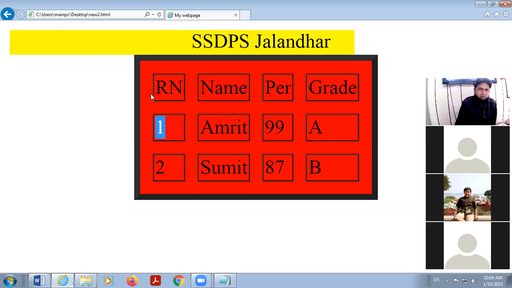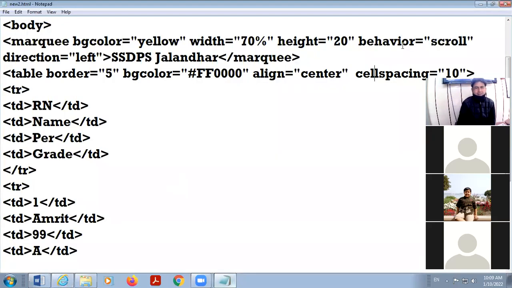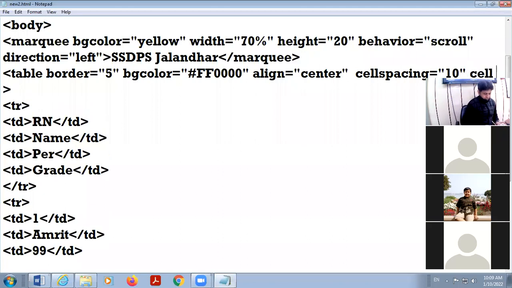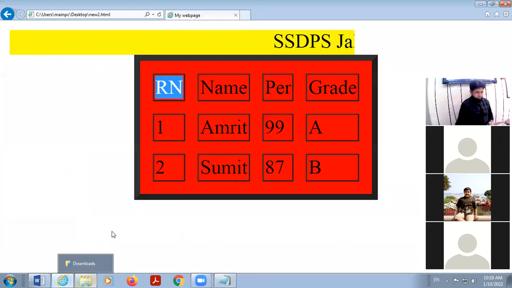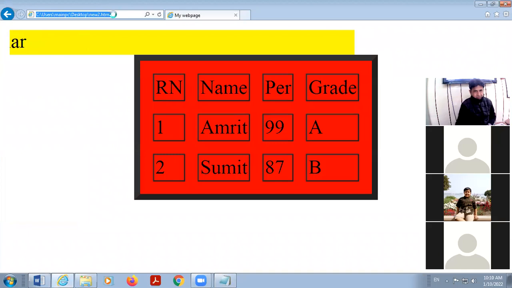Okay, now if I want to give extra space around the contents, there is cell padding. So I am taking here cell padding equal to 10. I am saving it. Observe the change. I am refreshing the web page.